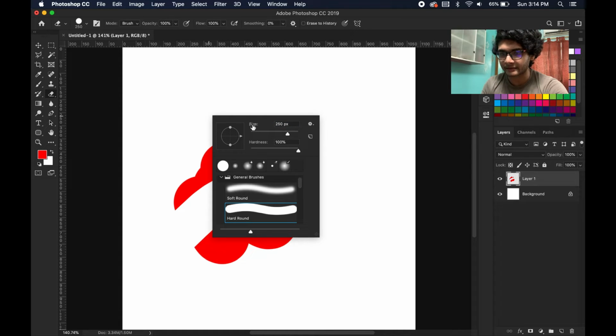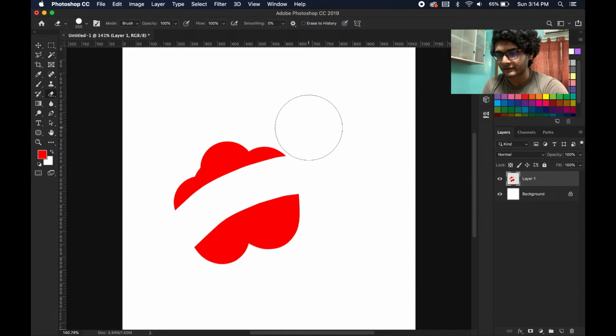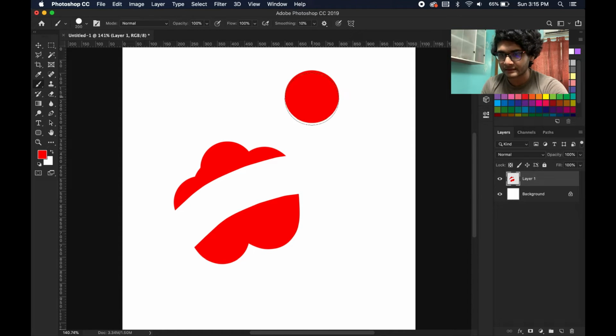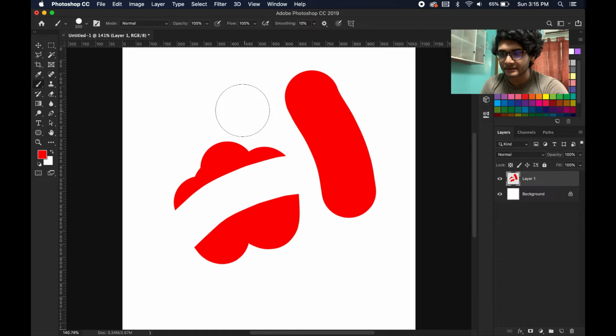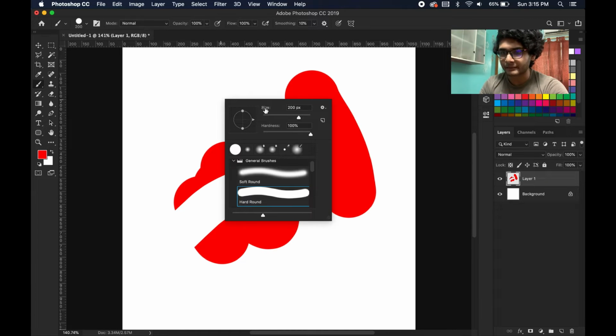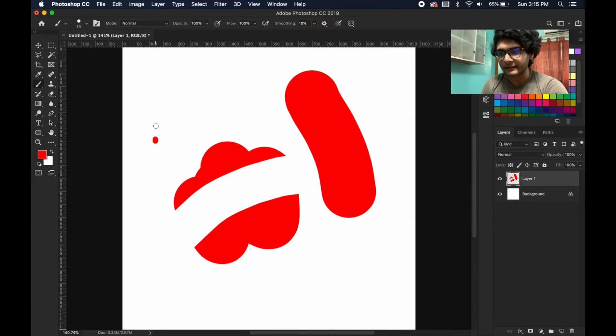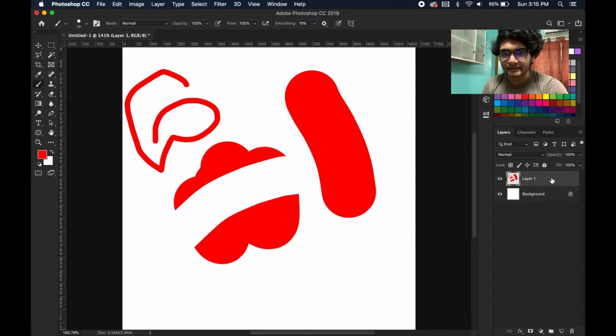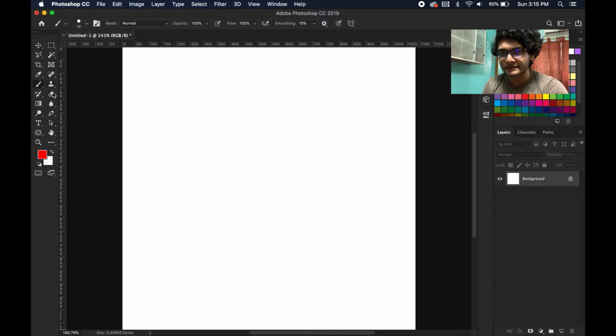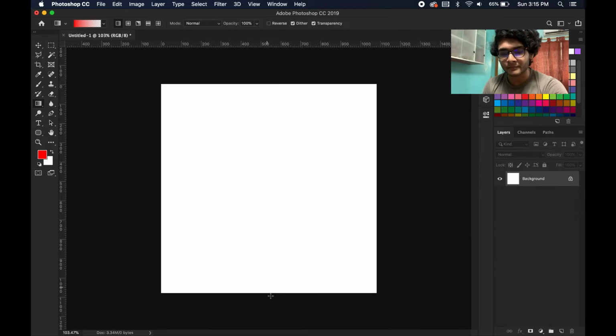And just simply click enter, and here you now have a bigger size brush. Also, if you want a small size brush, then drag it here, and now press enter, and you can see that there is a small brush. And that's how it goes. Now let's delete this layer, and here is the gradient tool. Gradient, you have seen that, to change from one color to another, or to change from one type of opacity to the other type of opacity.